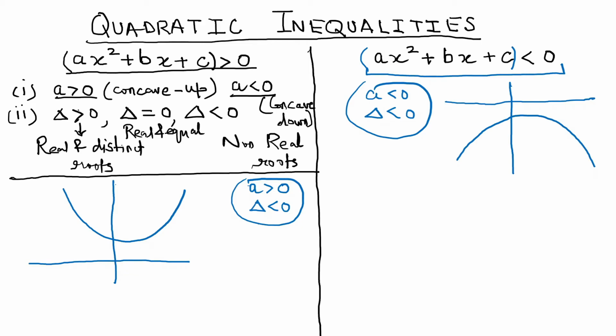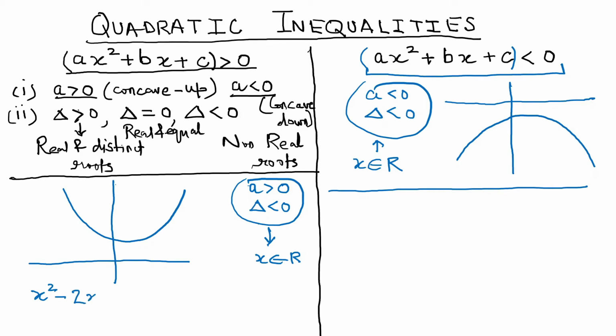Now we know how to get the values. So in this case, can I say for all such values of x being real numbers, this is possible, and here also we would say x being real numbers, this is possible. If we were to take an example for this, the best example that you can take in the first case is if somebody gives you a question like x square minus 2x plus 3.